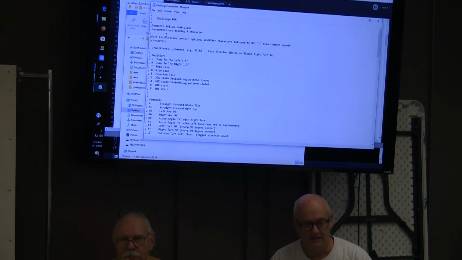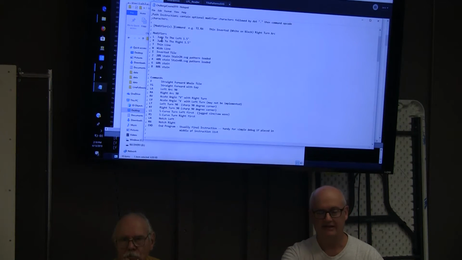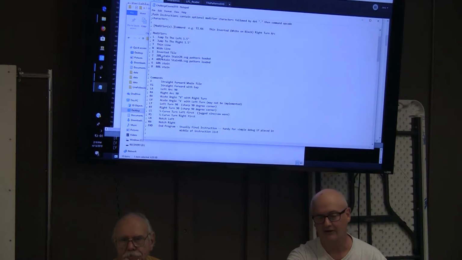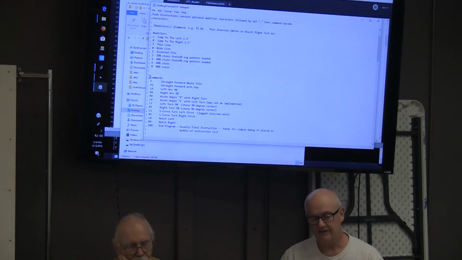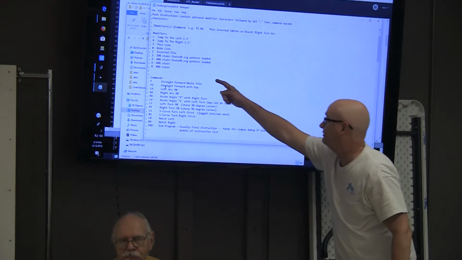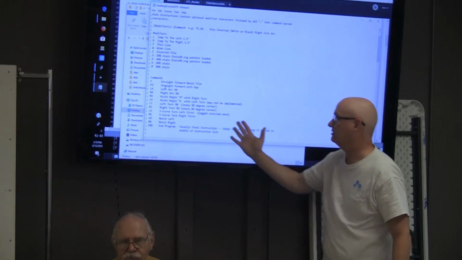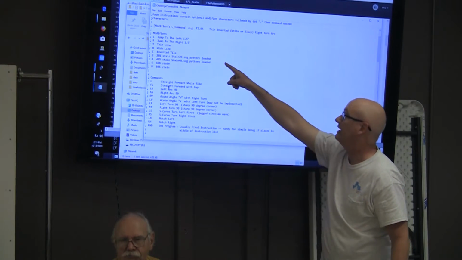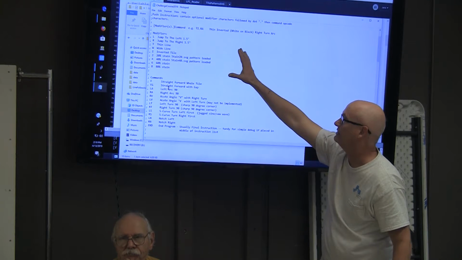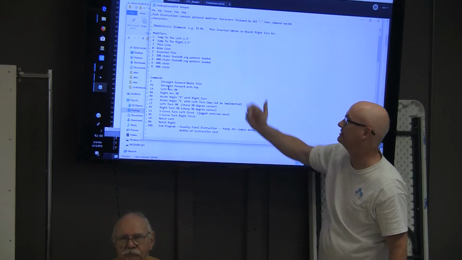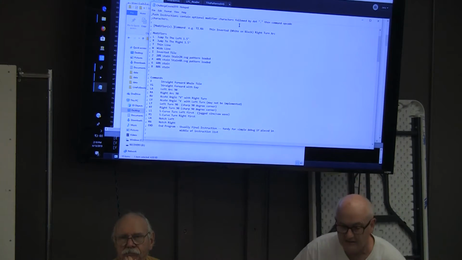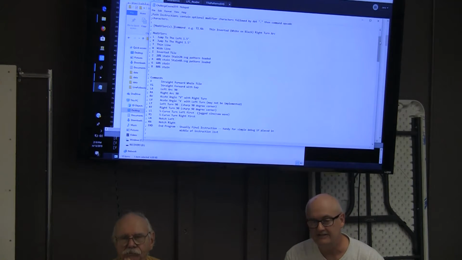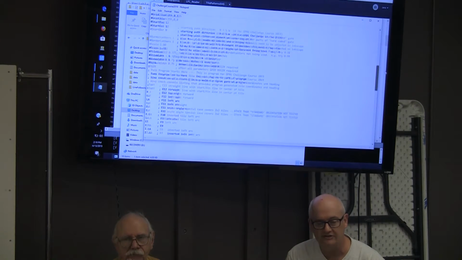Okay, so here's, in fact, the header of this. I describe what the language, all the commands are, and what the modifiers are. So every instruction is one of these commands here. There's only a handful. They do include left arc, right arc. But then I have all the modifiers, which are: is it wide or thick, or does it have a stained background, etc. So anyway, the interesting thing is the entire course reduces to